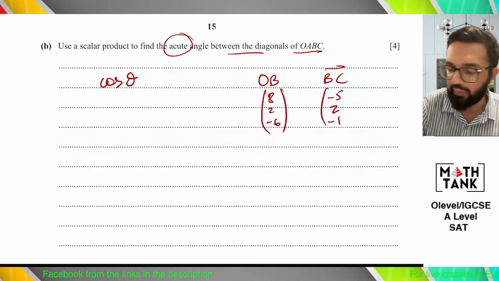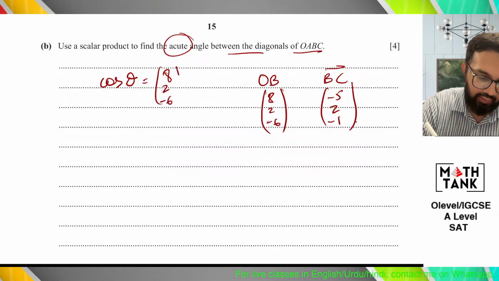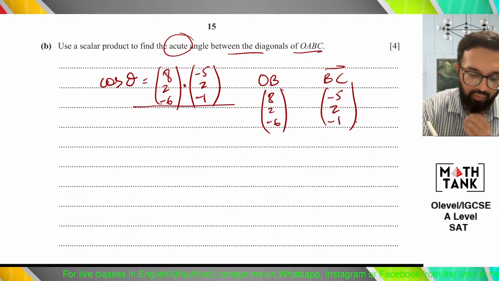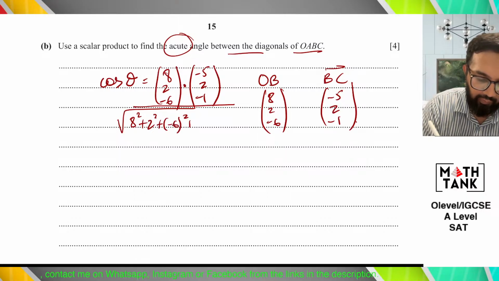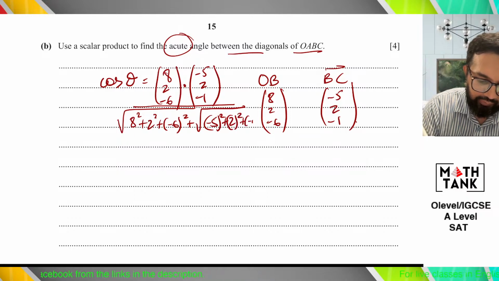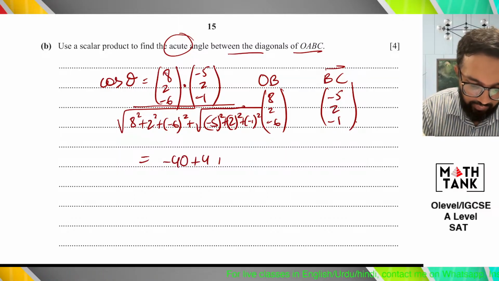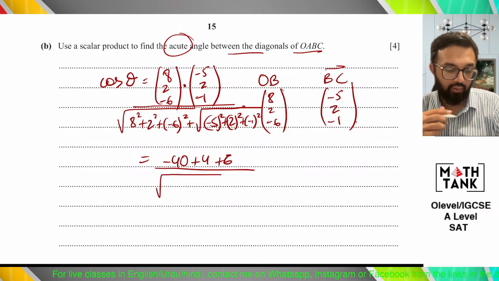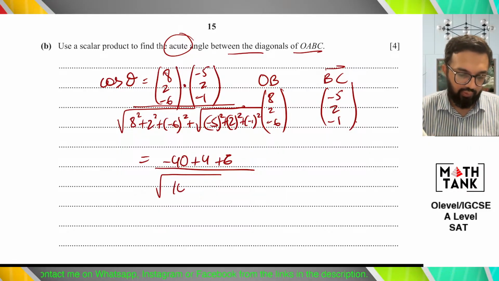So cos theta equals to 8 2 -6 dot, okay, so -40 plus 4 plus 6, 64 68 plus 36, 104